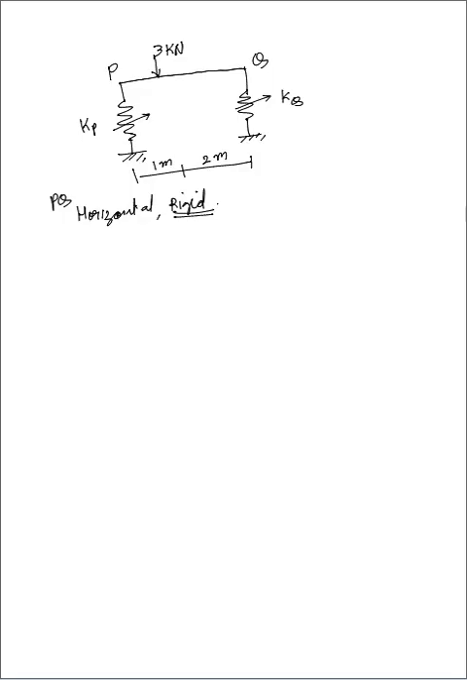Rigid means it will have no deflection of its own, it will remain straight. Even though load is coming, it will directly go down by the same proportion. It will not deflect or bend, so it is rigid. Uniform beam PQ has a negligible mass, so its own self weight is 0. The beam is subjected to a 3 kilonewton concentrated vertically downward force at 1 meter from